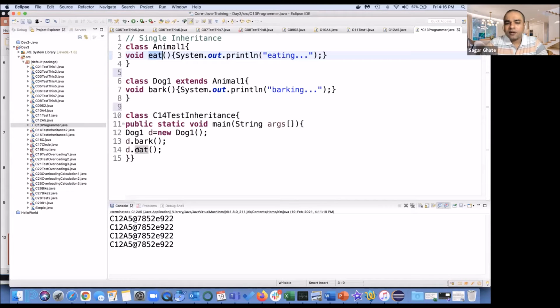When I say d.eat, it is going to do something related to constructor chaining with the super keyword that we will be using later. Internally, the compiler is going to search whether this eat function is there in its parent class or not. If this eat function is there in the parent class, it's going to execute. If this eat function is not there, we are going to get an error here. Okay, so the output is simple. Barking, eating is going to come.